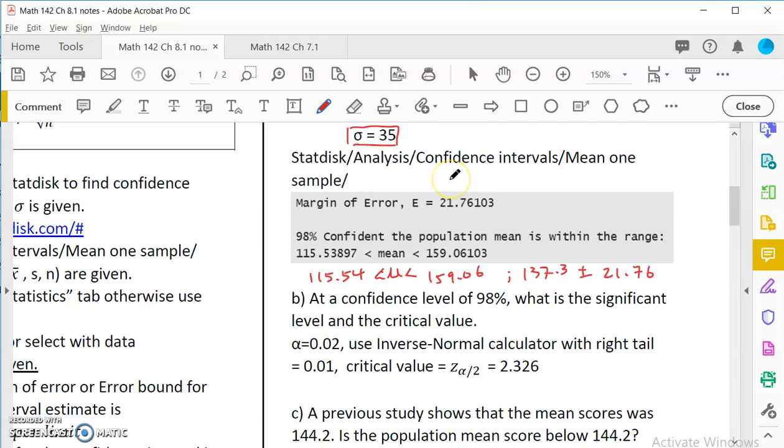Okay, so what is the significance level and what is the critical value? So the significance level is alpha. So the significance level is the rest of the confidence. So we say the middle is 98%. So alpha would be, with the two tails added together, 2%, right? I have 1% here,